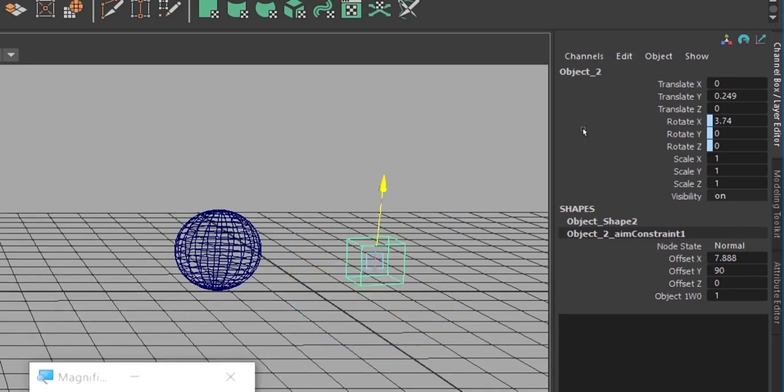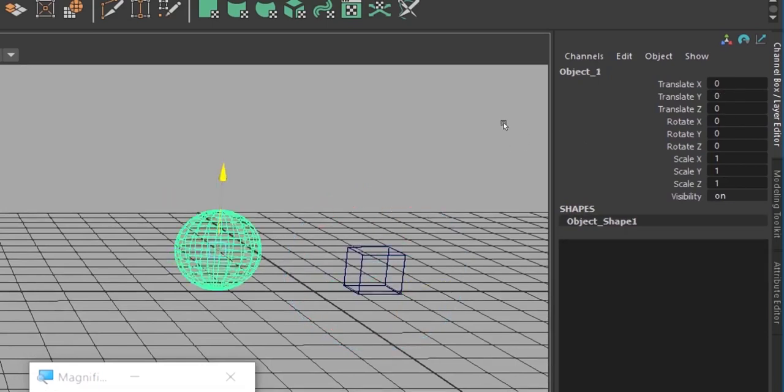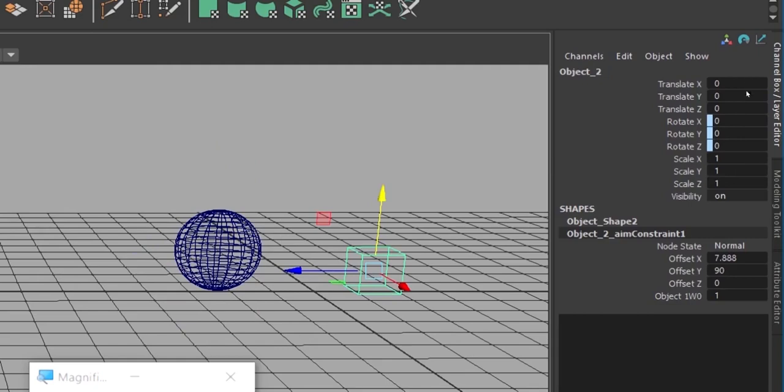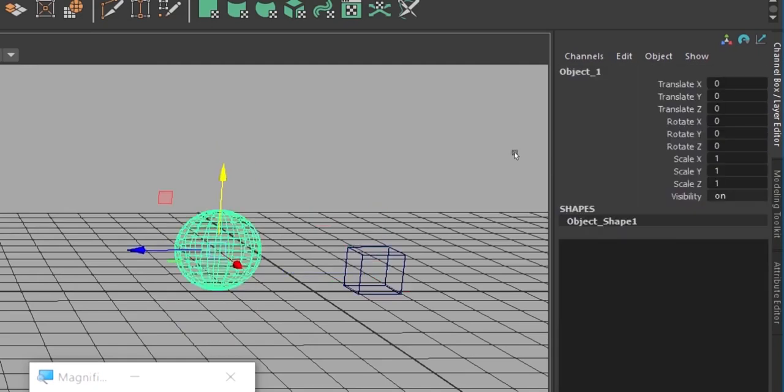If I move this parent, the translation of this parent affects the rotation of this child. Previously, in orient constraint, the rotation of the parent affected the rotation of the child.